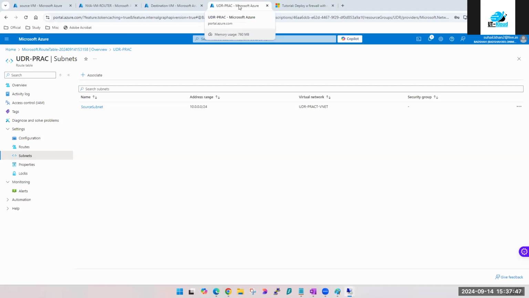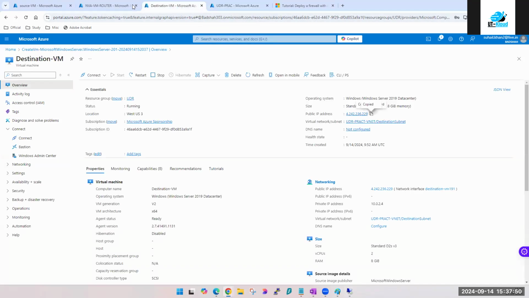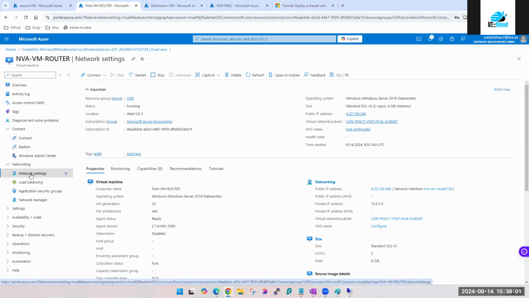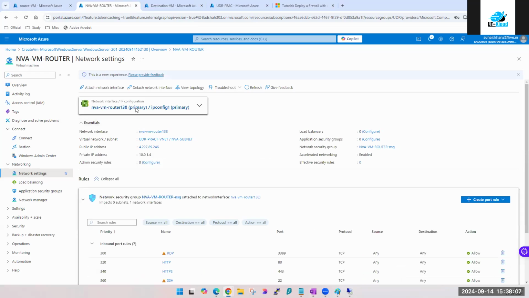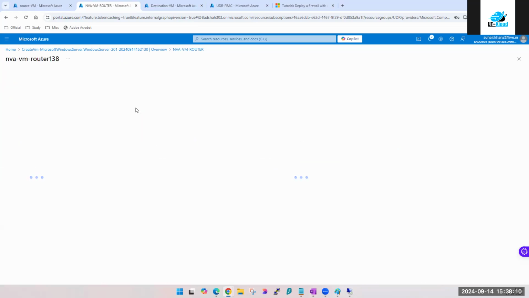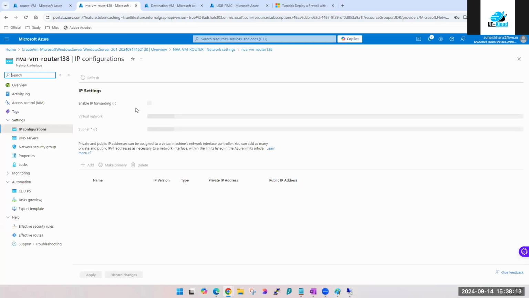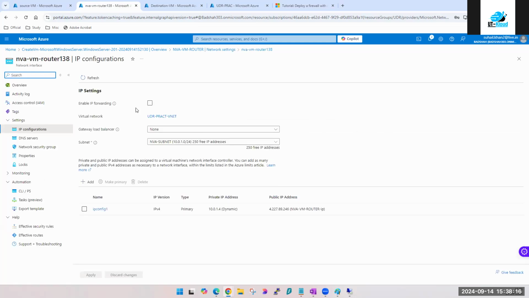You just have to go to the machine you are planning to use as a router. So this is the machine, our virtual network router NVA. Go to networking settings. This I have already given, guys. The steps I have already given. Still, if you want, you can write them down. Click on NIC. And do you see this? Enable IP forwarding. Do you remember, while doing the VNet pairing as well, I told you that IP forwarding should be enabled, then only the forwarded traffic will work?